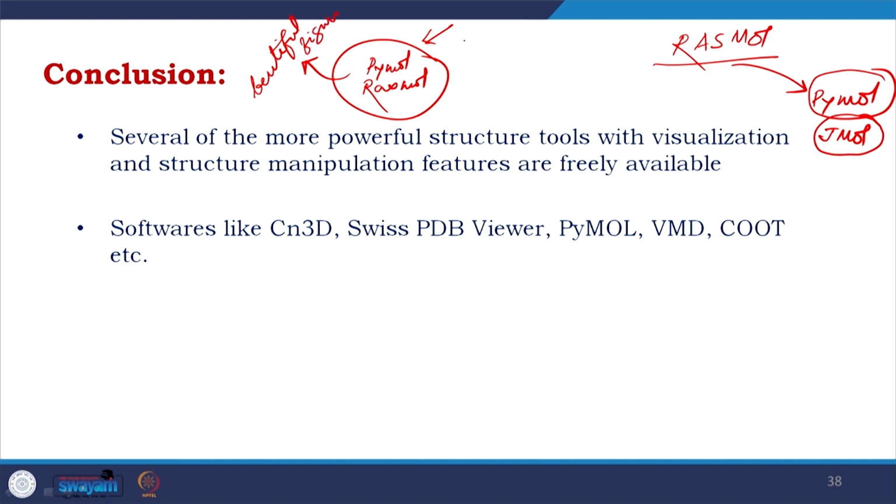So, we call them molecular viewers. And there is another set like Frodo, Turbofrodo, Tom O, Coot. Here actually you could work on the structure. So, we call them builders. So, one is viewer type, another is builder type,